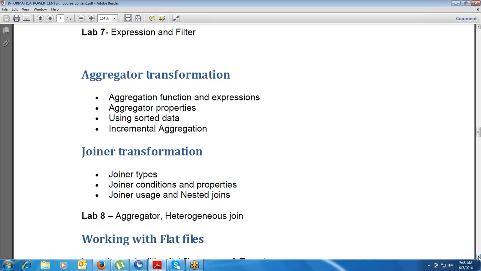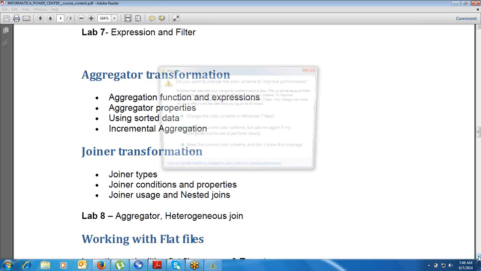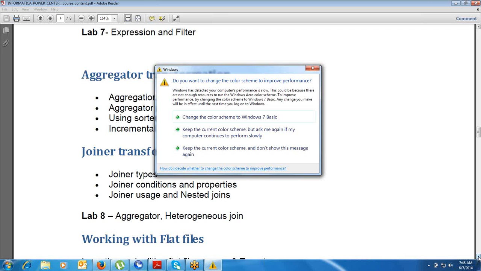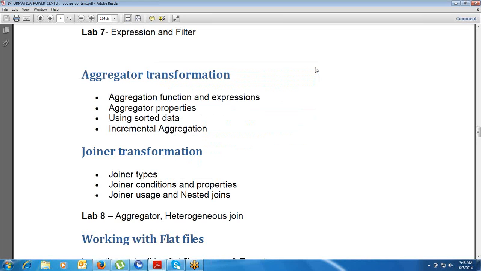Suppose you already have a table containing the sum of all the salaries of the employees. If a new employee has joined, then automatically the sum should be updated and it should include the salaries of the new employees also. So the sum should get updated automatically. To get the sum, it needs the salaries of all the employees. So what is it going to do? Will it get the sum of all the salaries again?